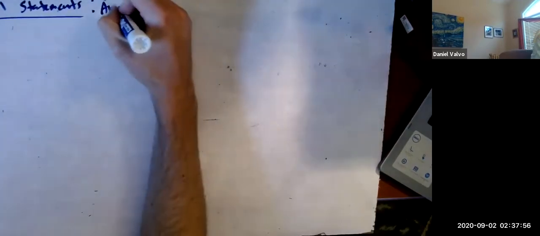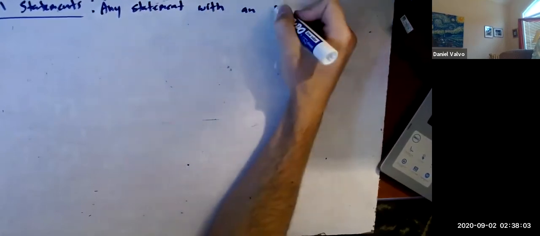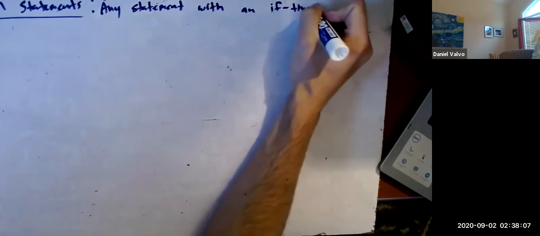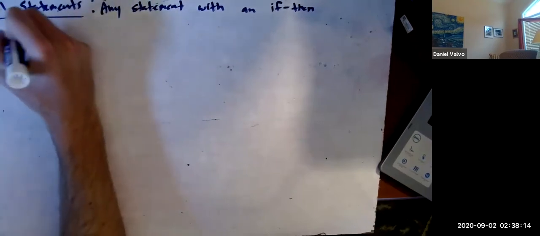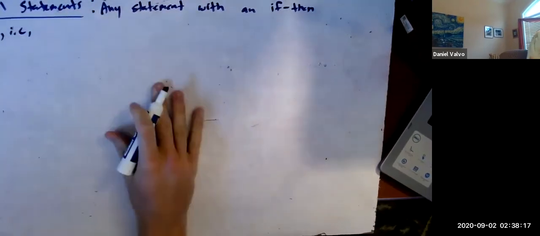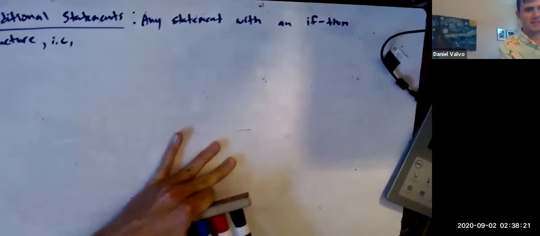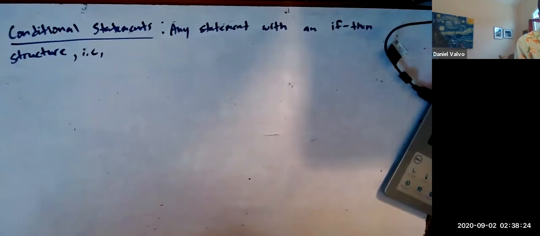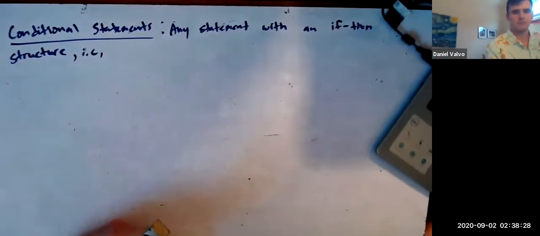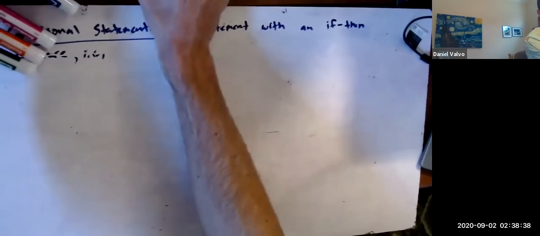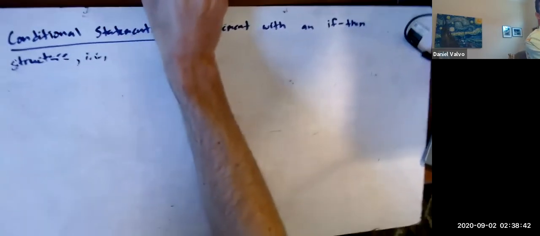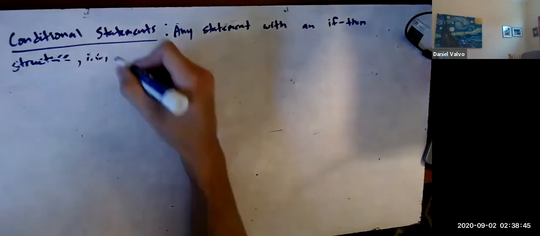But conditional statements are any statement with an if-then structure. I.e., you guys can see the word structure. With an if-then structure. That'll work. No, wait a minute. Why am I moving? I'm moving the whiteboard. I should be moving the camera like a smart person would. There we go. Yeah. So a statement with an if-then structure, i.e., a statement